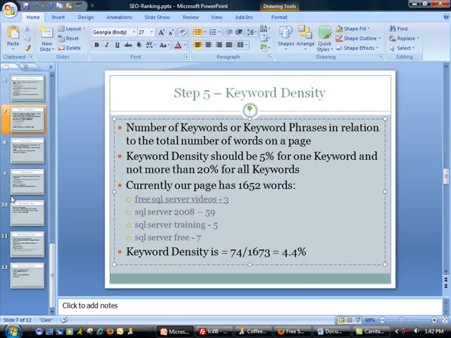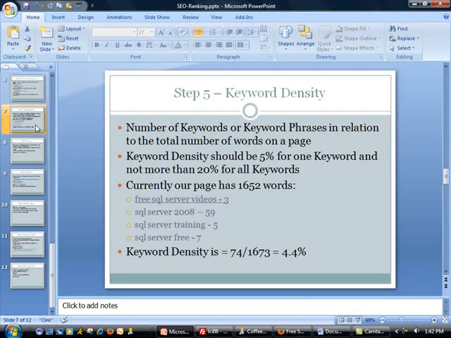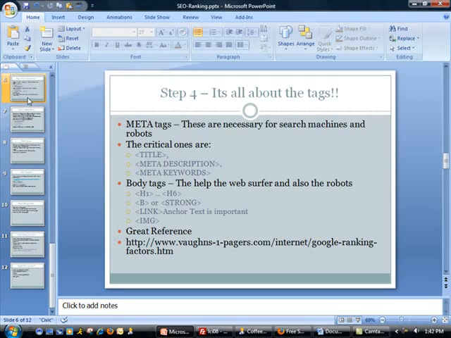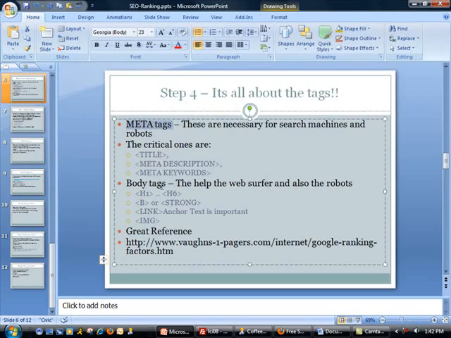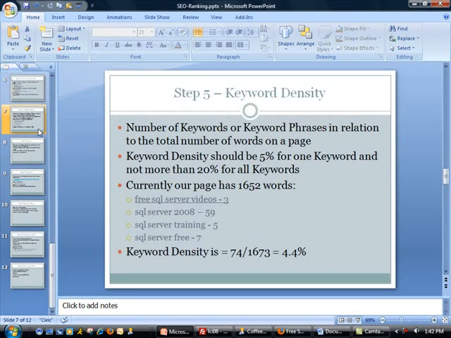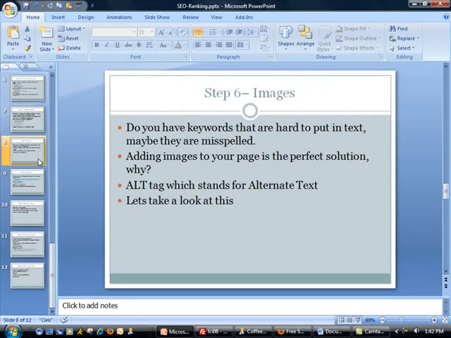Okay, so we are finally done with step 4 and 5, which were I believe the ones that took the longest time. If you can remember, step 4 was all about tags. We talked about meta tags. We discussed body tags, okay, in detail, and part of the last lesson. In this lesson we went over keyword density. So moving on, which is step 6, which is images, okay, and these are definitely helpful for an issue that